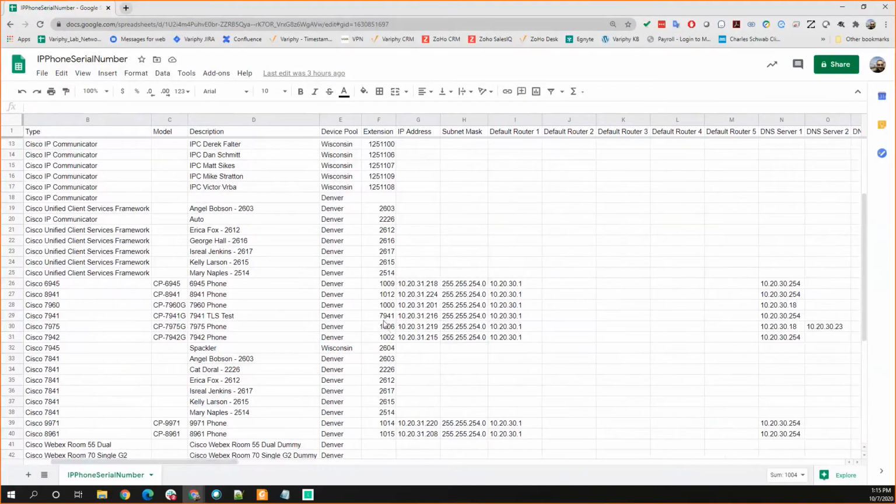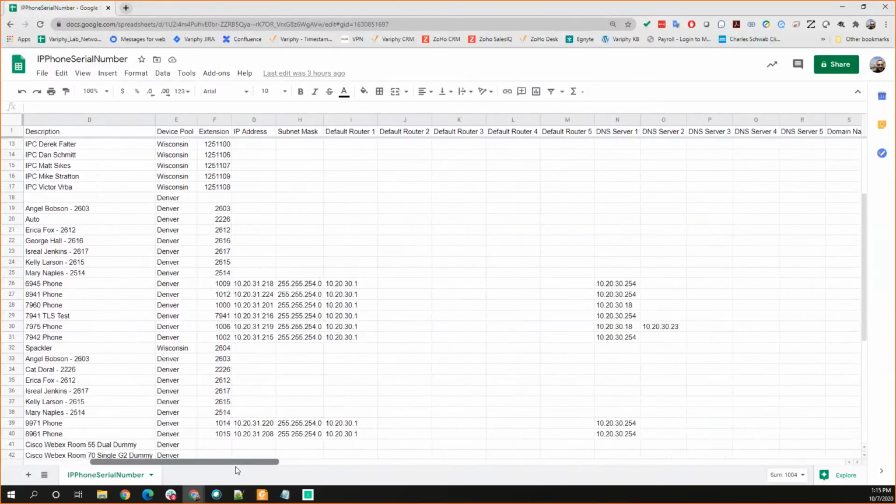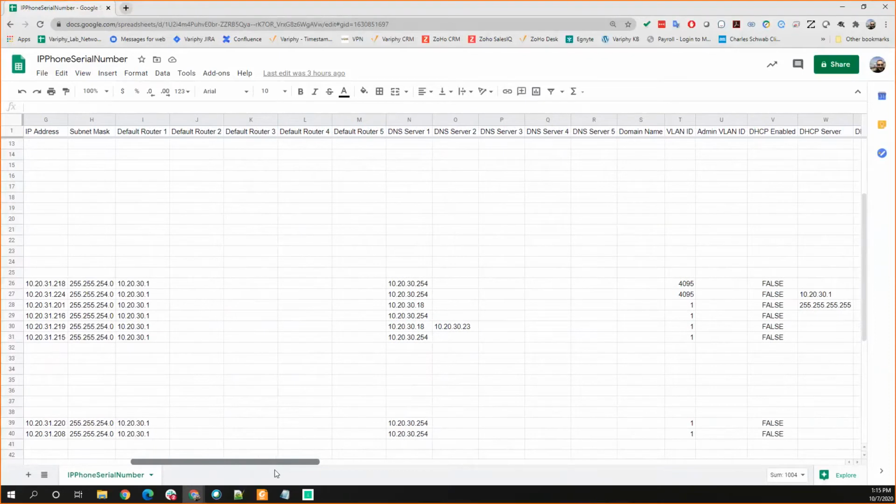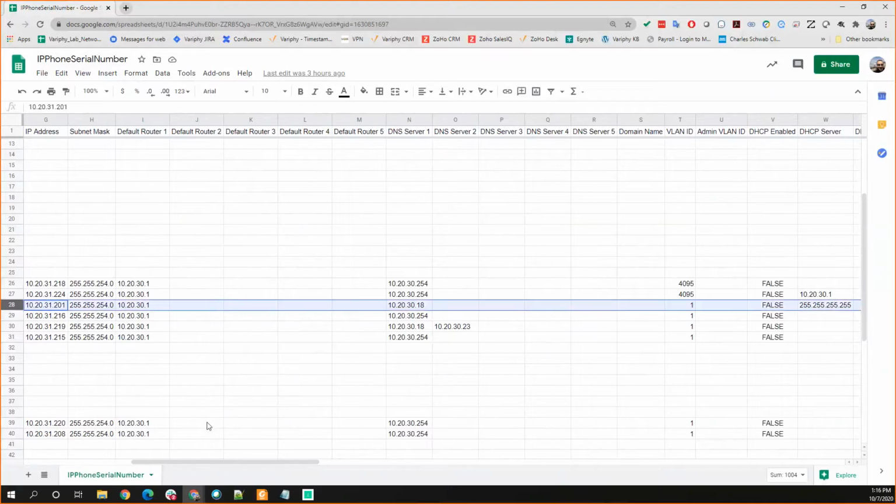This report really tells us a couple of different things as far as IP addressing goes. If I'm scrolling over to my right, I can see that yes, it's got a valid IP address, a valid subnet mask, and also a valid